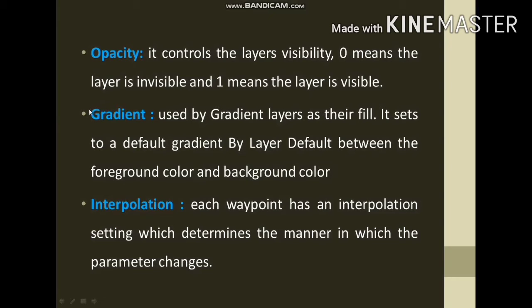Gradient is basically used to set the colors for the transitions of gradients. And interpolation. Each waypoint has an interpolation setting which determines the manner in which the parameters change. This interpolation part will be useful when we see the actual animation in Synfig.